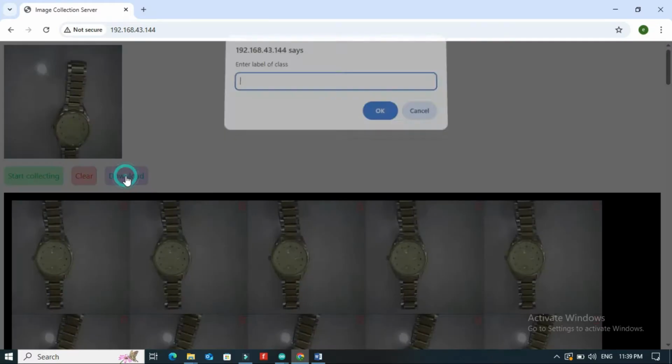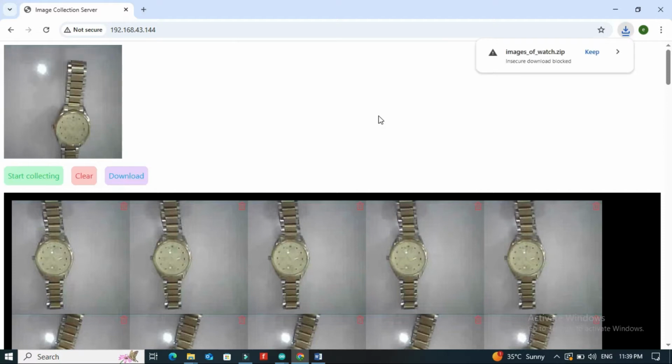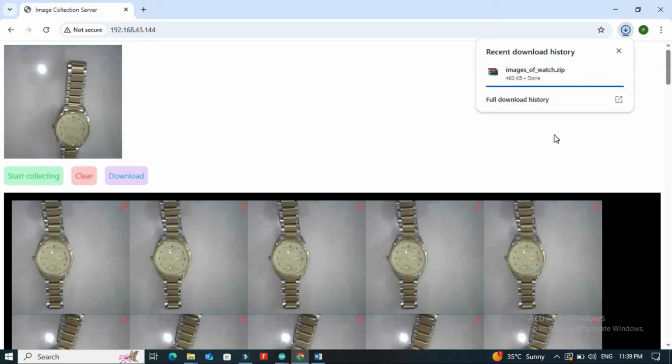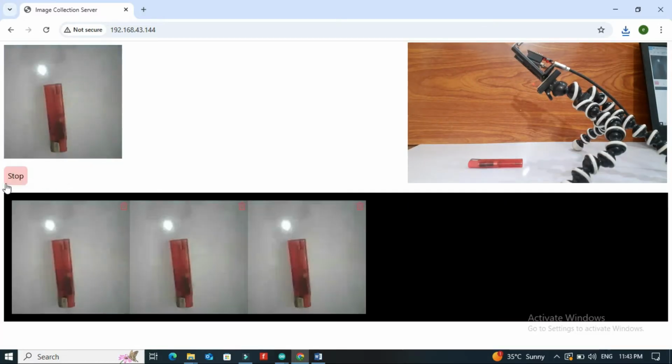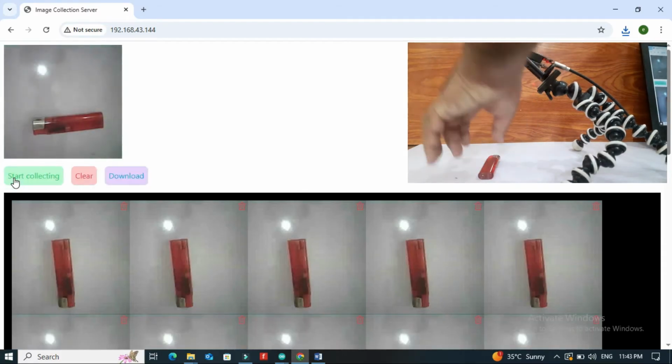Once done, click Download. Name the object, and your image set will be downloaded as a zip file. Repeat this process for other objects like a lighter, or a remote.